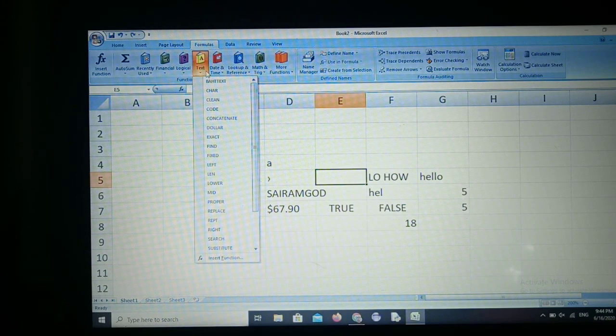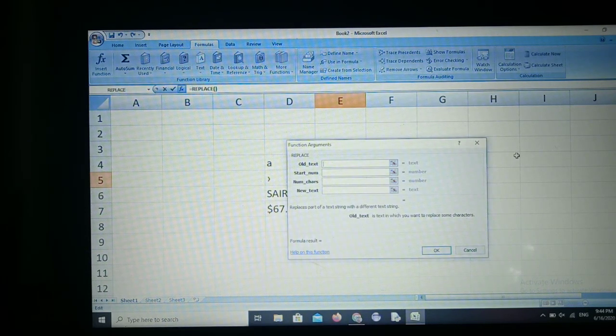Next is REPLACE. It replaces old text with new text.